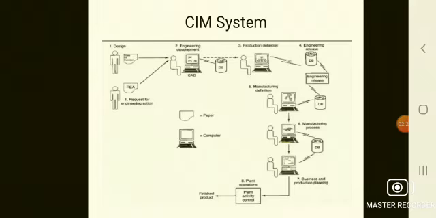Then next it goes to engineering release, then manufacturing definition, next manufacturing process, after that business production planning, then it goes to plant operations. After the plant operations, the particular product is manufactured and it goes out as a finished product. So these are the activities involved in converting a raw material into the finished product.